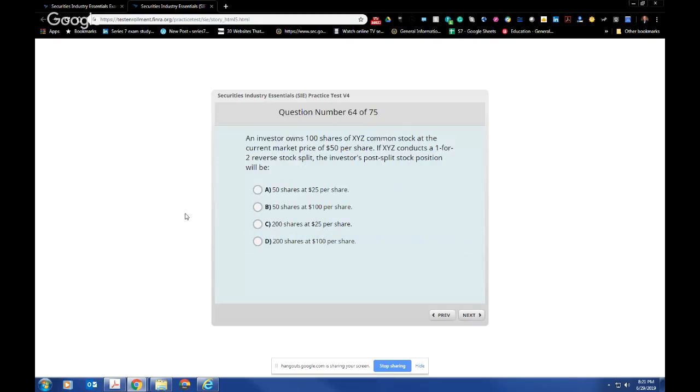An investor owns 100 shares of XYZ common at the market price of 50. They do a 1-for-2 reverse split. So you're getting 1 for every 2 you own. The investor's post-split stock position, say that 10 times fast, will be,